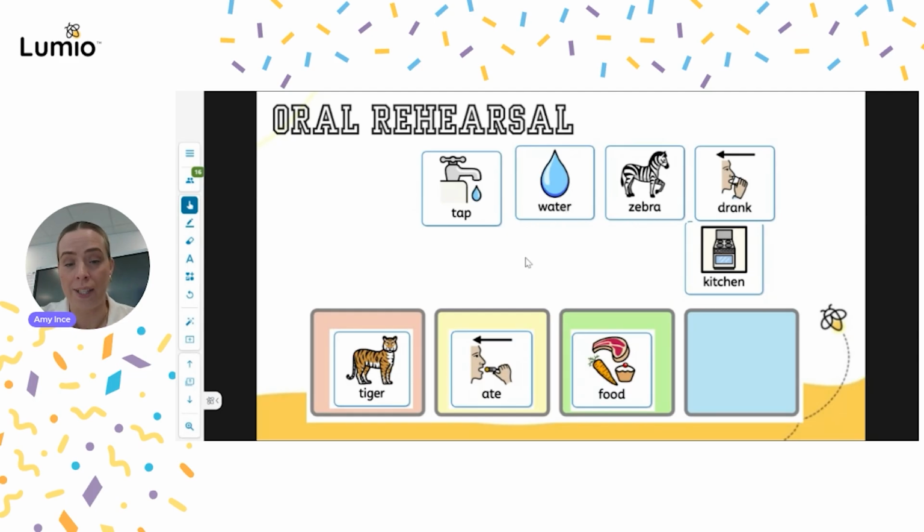It really supports our EAL learners. My school is in an area of high deprivation with high levels of EAL children. So being able to orally rehearse is just, it's a necessity for our pupils. So once they have been able to orally rehearse this,